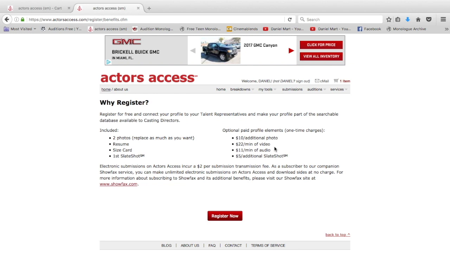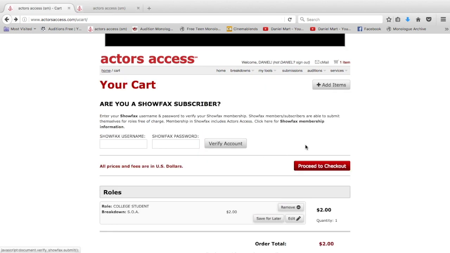It should be like $5 tops. And even after that, it shouldn't be per minute. It should be like anything after like 3 minutes, because most acting reels don't go over 3 minutes. And then $10 per photo, which I guess that's an okay price. But yeah. And then they charge you $2